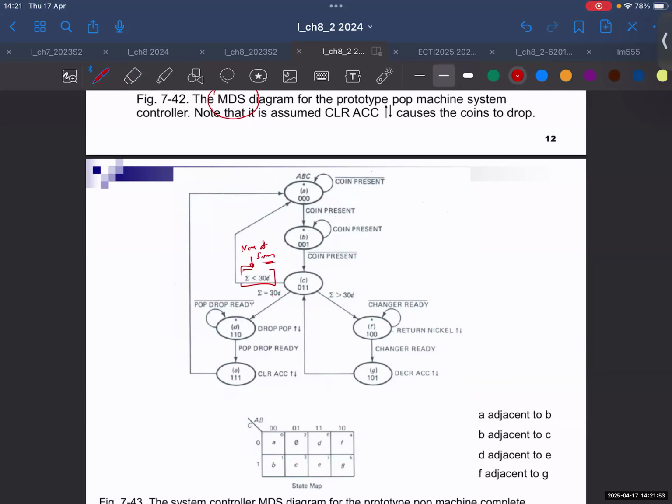Less than 30, you can say SL30, or you can name this SE30, some equal to 30, and this one is S greater than 30. Probably using this one is better, but of course, the whole thing is just the name